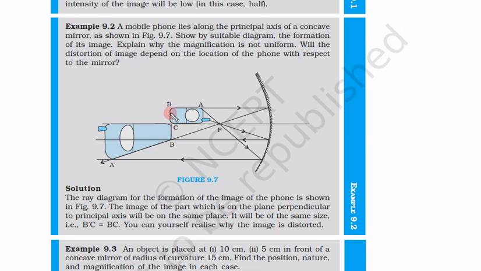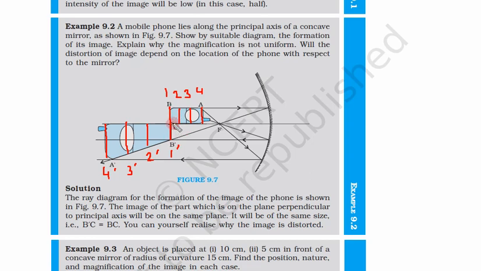So let us divide this cone into 4 parts. So this is part 1, this is part 2, this is part 3 and this is part 4. So 1, 2, 3, 4. Similarly here, this was part 1, this is part 2, part 3 and part 4. So why is this image distorted? Let us understand. So this is 1, 2, 3, 4. Let us name this 1 dash, 2 dash, 3 dash, 4 dash. That means these are images.